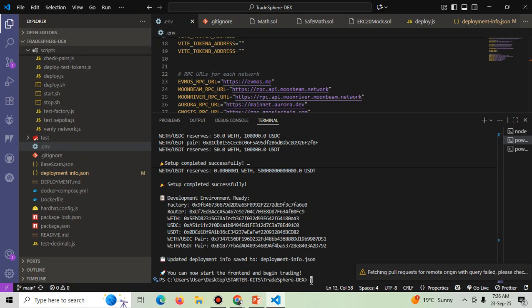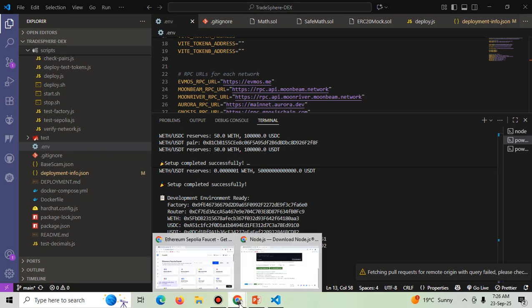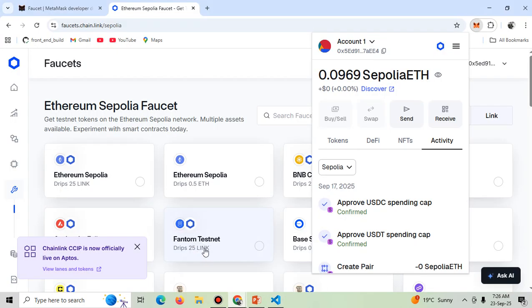Before deploying to testnet, we need the gas that I was showing you in the beginning of this video, and I've shown you where we can get it from. There are so many sites where you can get this gas. Once you get that, you connect to your MetaMask, and you ensure that you have Sepolia on your account,